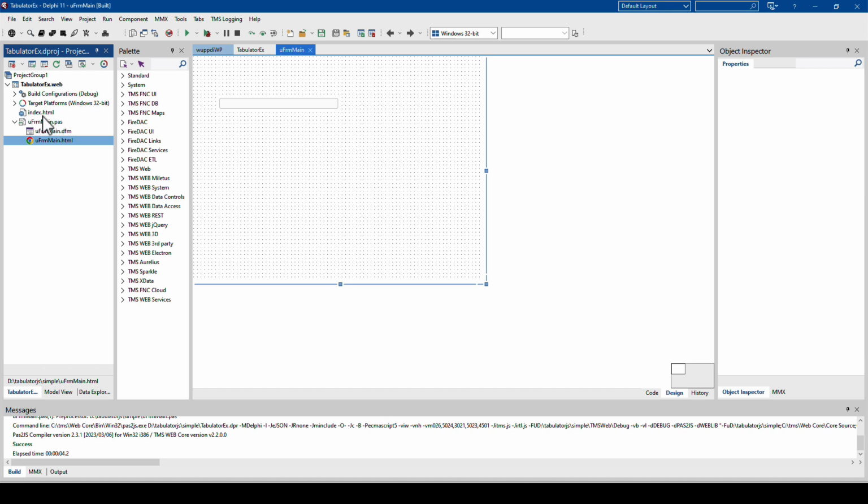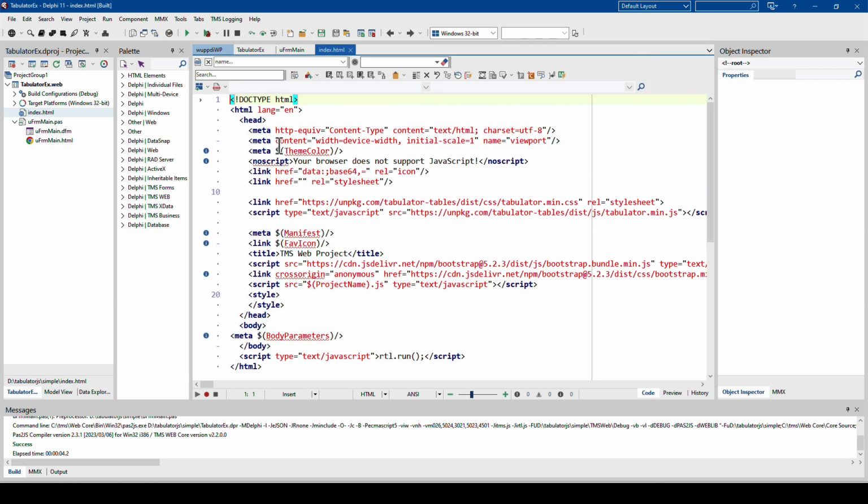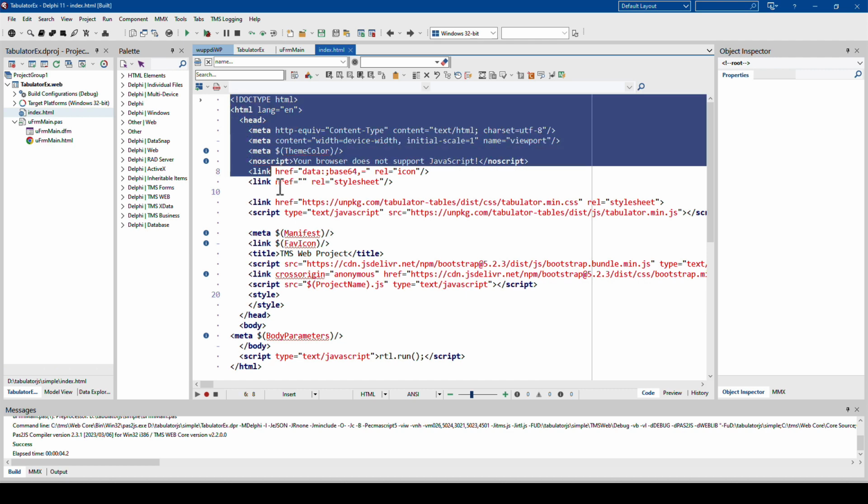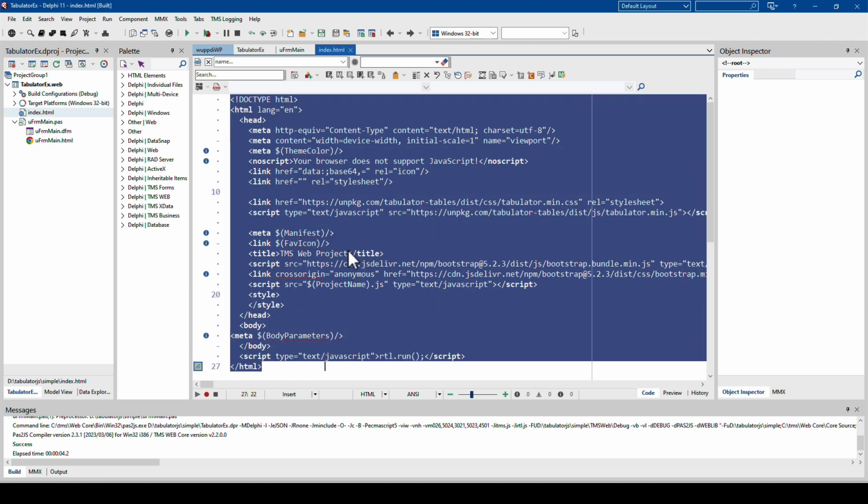So we go to the index.html file or the project HTML file, depending on how you name it when you create your project. In this case, I picked the name index.html. And by default, this is the template that TMS Web Core generates for us.